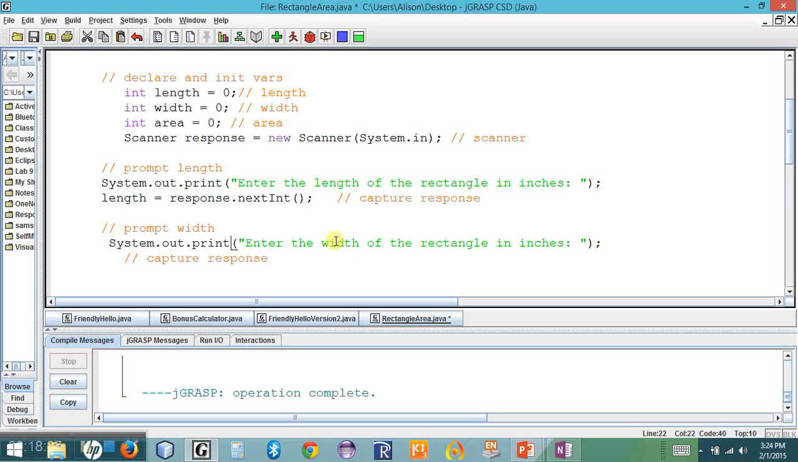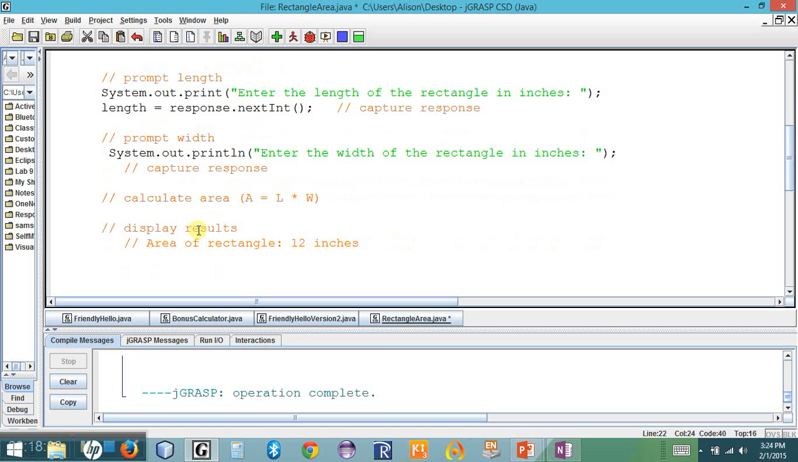One thing that I'm going to do is use a System.out.print when I'm asking for the length. When I ask for the width, I'm going to do a println. I want to show you the difference between a print statement and a println when you're capturing information from the user. All right, so I changed that text field to say, "Enter the width of the rectangle in inches." Now I'm going to